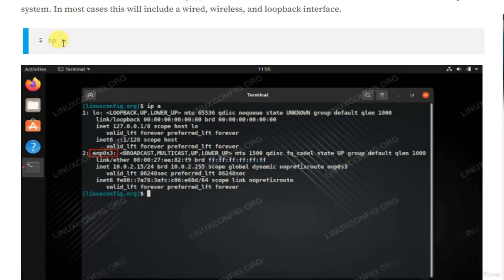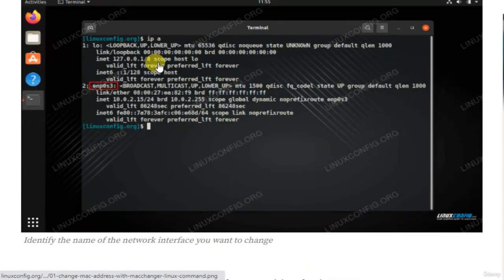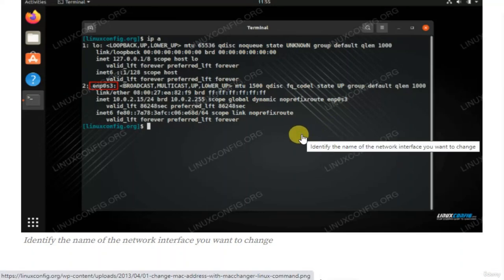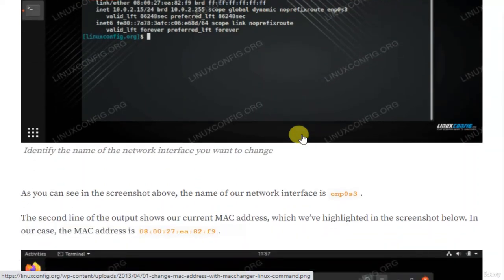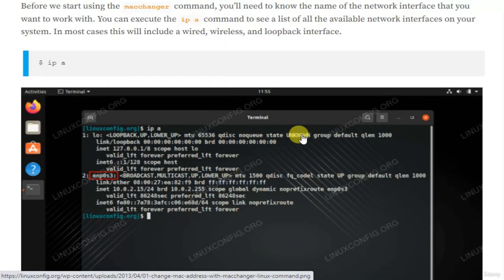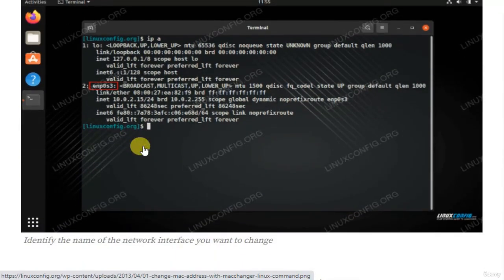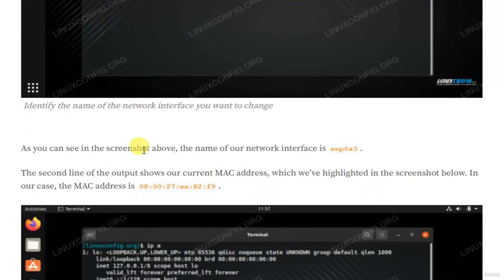Install MAC changer on major Linux distros. To install MAC changer on Ubuntu, Debian and Linux Mint, the command is sudo apt install macchanger. To install MAC changer on CentOS, Fedora, Arch Linux, and Red Hat,